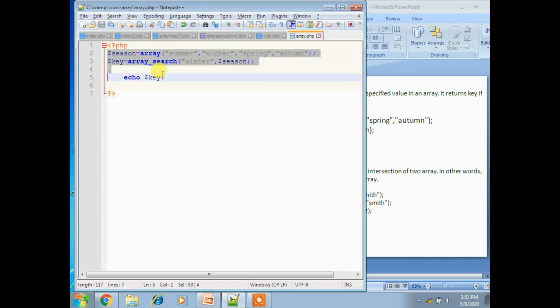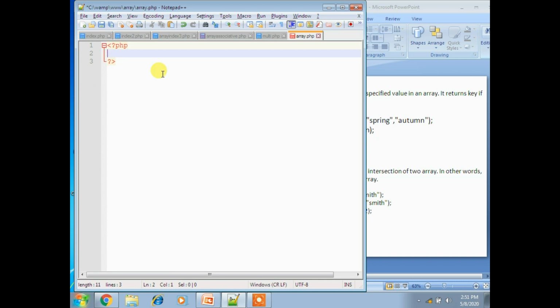For this I'll take a new notepad, and I am taking three variables. Name 1 equals array of Danu, John, Vivek, and another name called Smith.